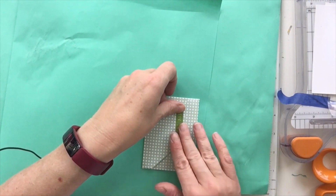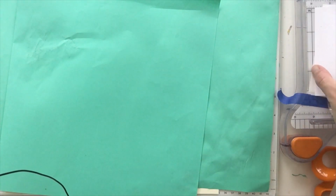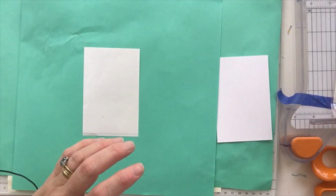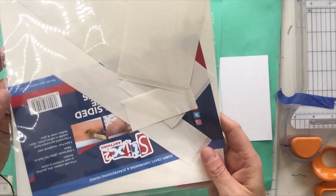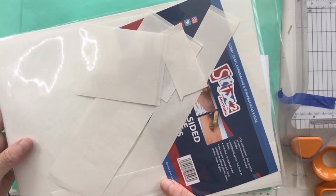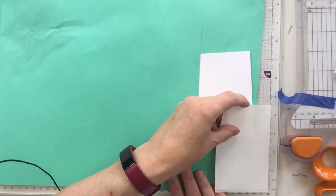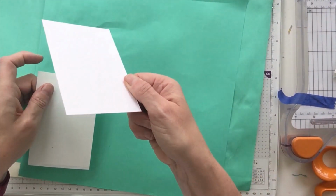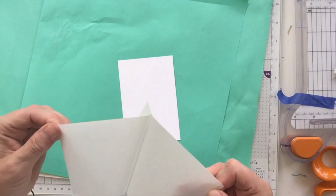I've got just a scrap of double-sided adhesive paper. This is from Sticks 2. I've got this A4 bundle here that was a prize bundle from Sticks 2. I had lots and lots of sticky things, and this is about 3 by 4.5 roughly. Yeah, and I've got some scrap heavy white card, and I'm just going to adhere this